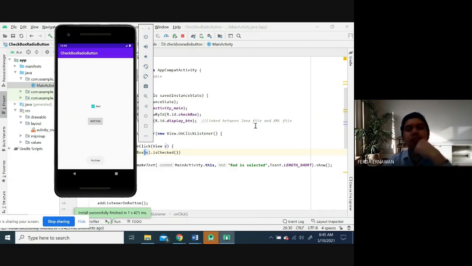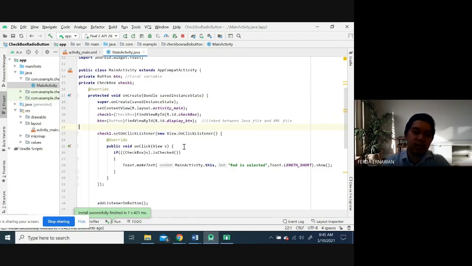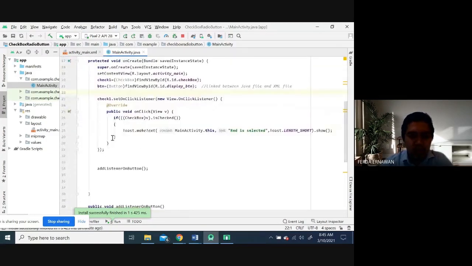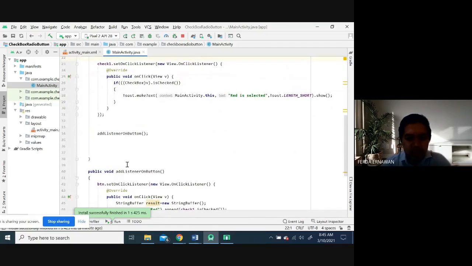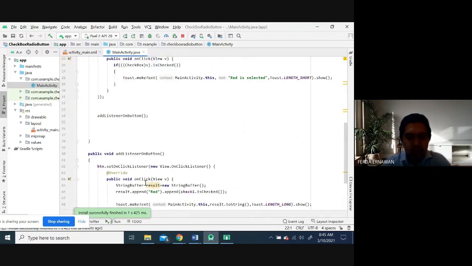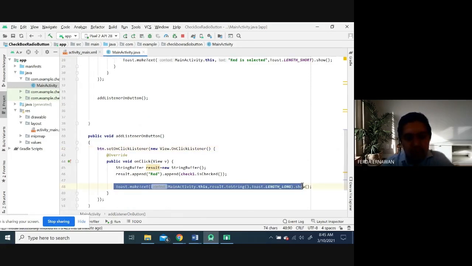Okay, so can you see the difference between these? The first one, you use a button and give a trigger to that button. Once you click the button, it displays this one.